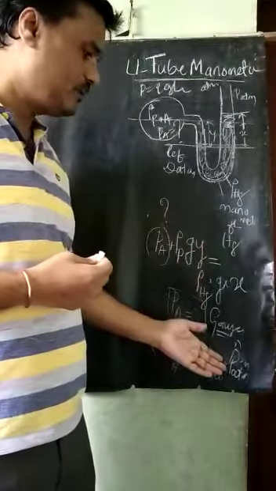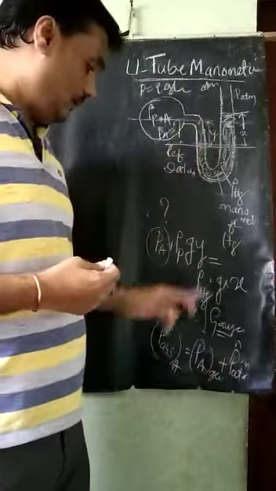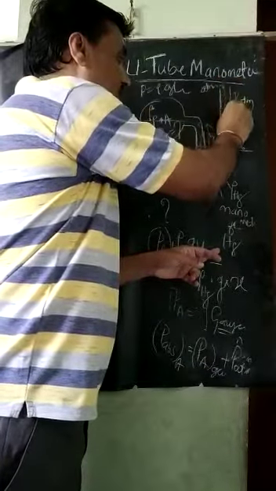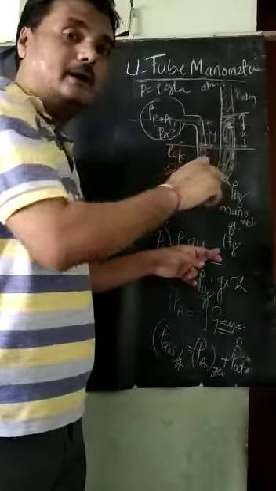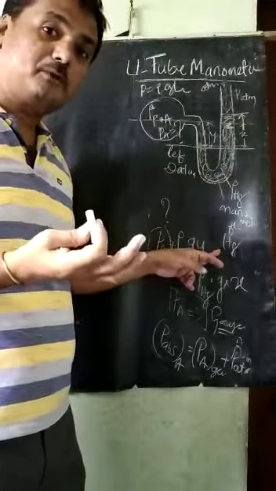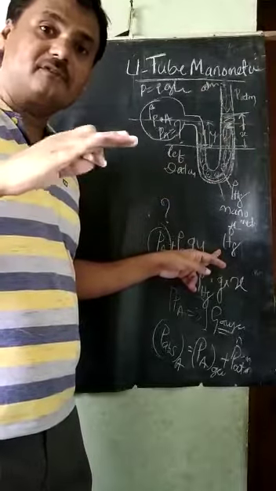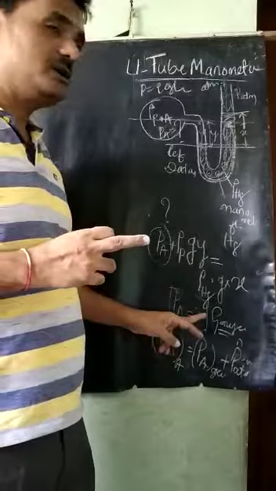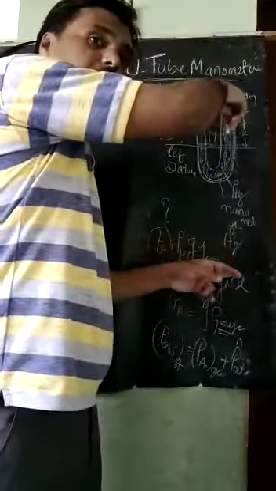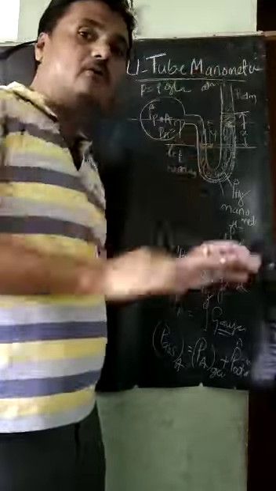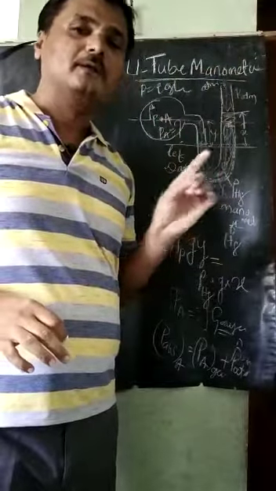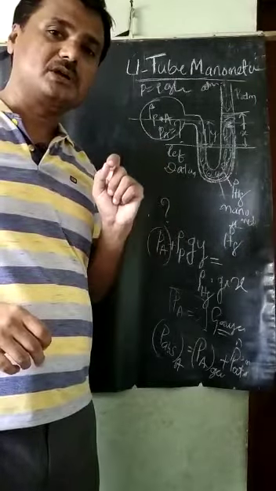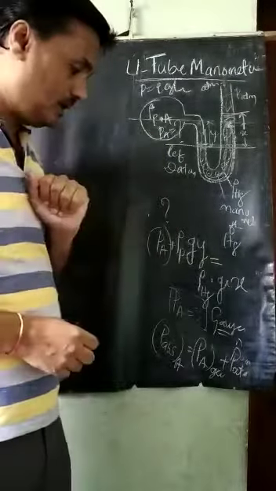So why is this atmospheric pressure considered? For the gauge pressure, whatever pressure the atmospheric air applies on the right limb is not considered, because atmospheric pressure itself is the reference level we have taken for the gauge pressure. But in the case of absolute pressure, atmospheric air is also applying certain pressure on the manometric liquid. Therefore we have to add the atmospheric pressure to the gauge pressure to find the absolute pressure.